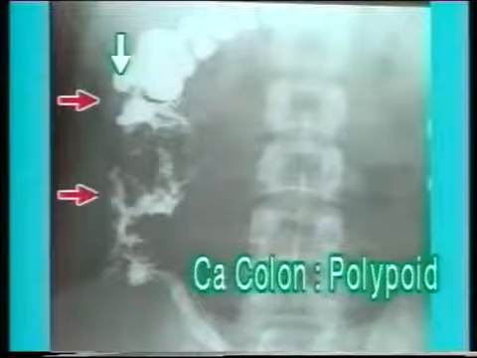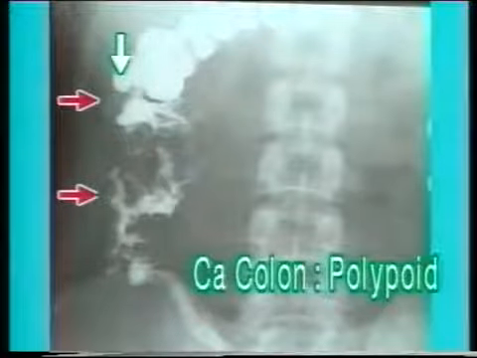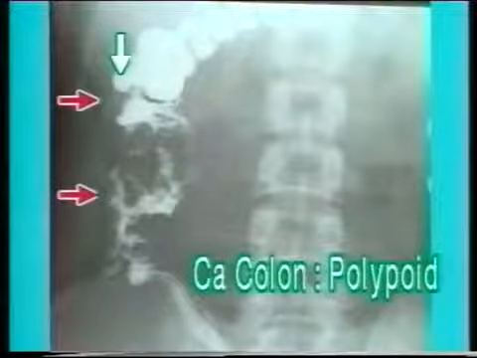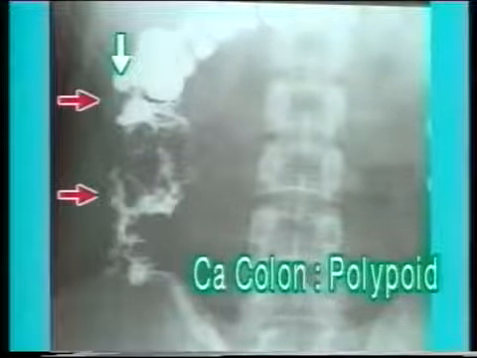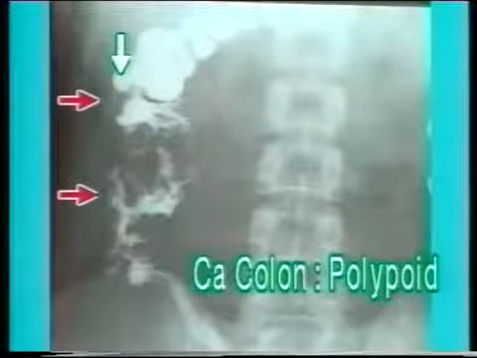Another plate of the same patient shows the irregular filling defect in the cecum and ascending colon with shouldering effect at its distal margin shown by the arrow. This is a malignant growth of the ascending colon. The growths in the right colon, that is ascending colon, are usually of this type, and as seen in this case, they grow to large size without producing obstruction.